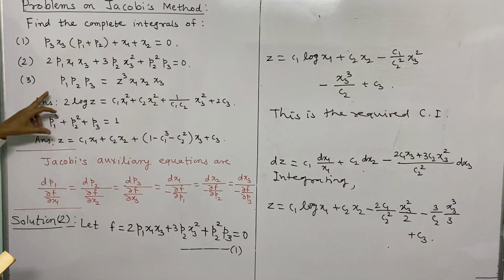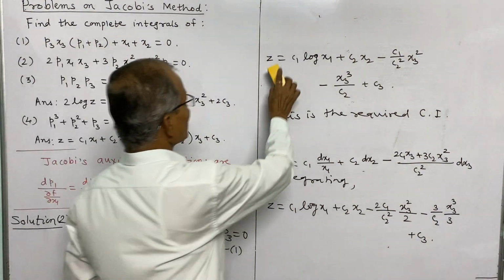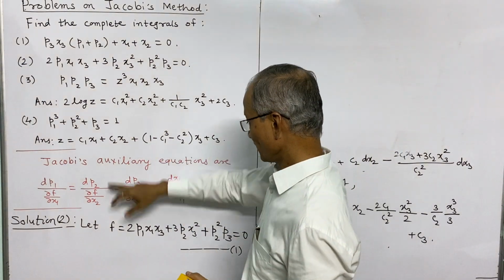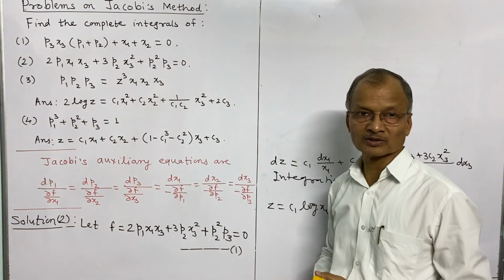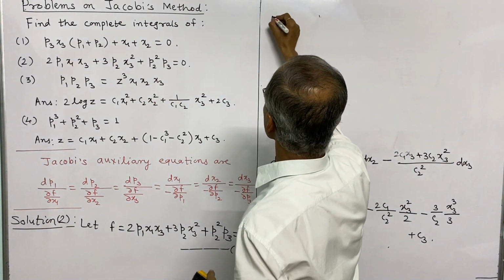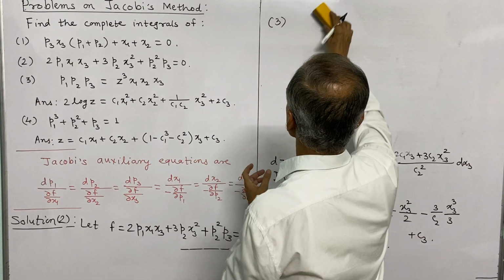Only one thing for the third problem: it is not in the standard form because z is there. In this function we have no term for z. z is explicitly absent, but z is here. So this third problem can be written as,